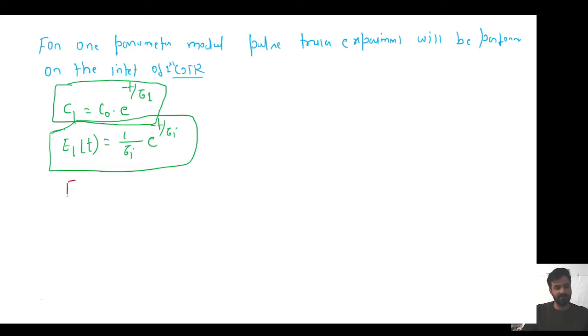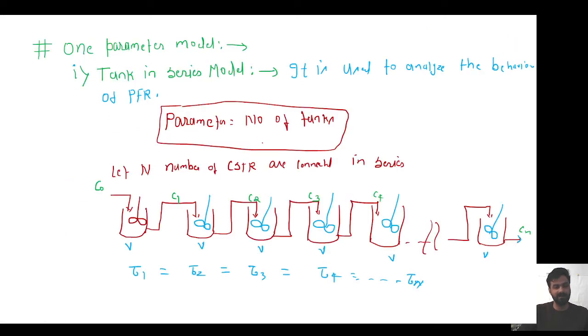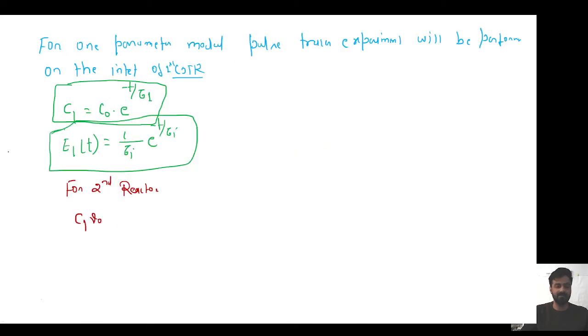Now moving further, for the second reactor, can I write C1 into V naught? Why? Because just try to understand, here I am considering the volumetric flow rate will be the same. So C1 and here it is V naught. I am assuming a mass balance over here. So C1 into V naught, that is the mole balance. Generally you can apply the mole balance and mass balance. C1 into V naught minus C2 into V naught. This is in, minus this is out. So you can write in minus out plus